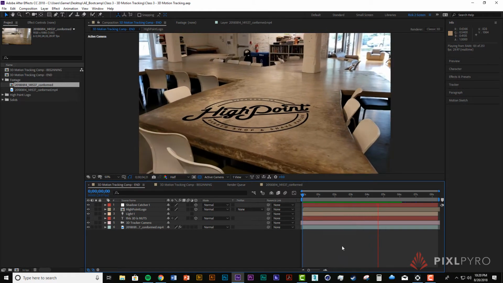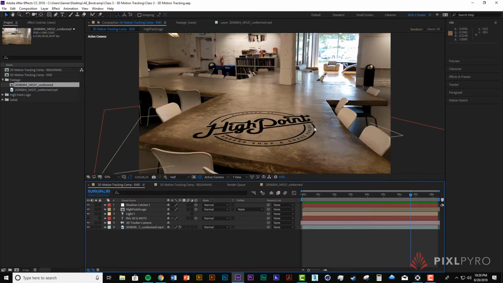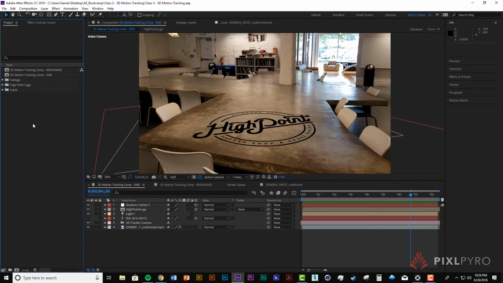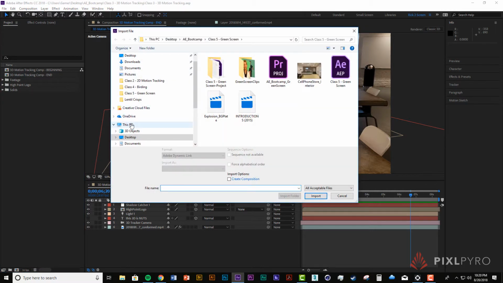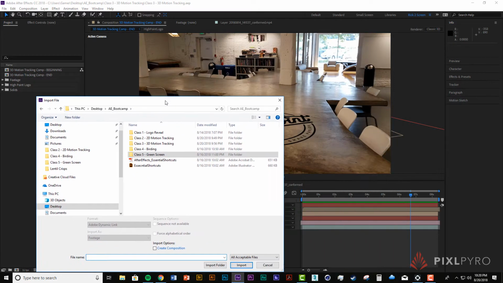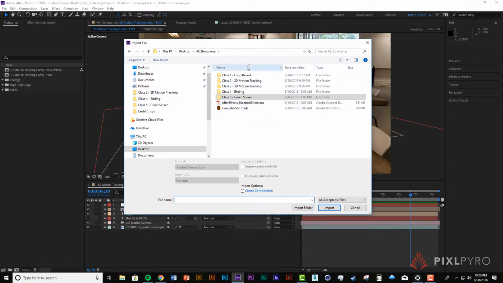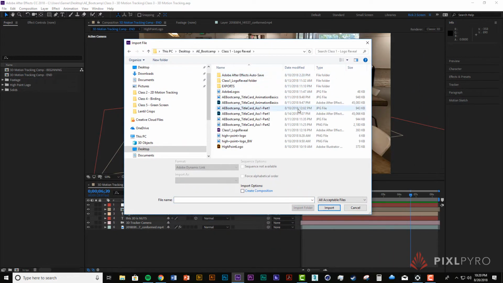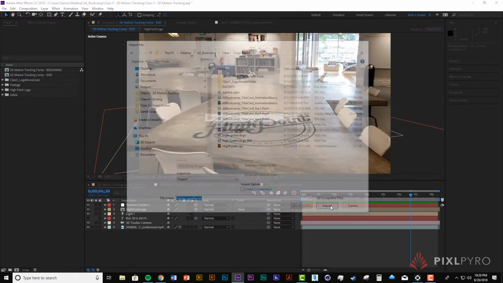And all I did was I imported the After Effects project of the animated logo. So I'll show you what I did real quick. And you can just go into the project folder and double click to import. And instead of bringing in a video of the finished logo, you can actually go into your After Effects project and import the actual project. And you can see how it says import as project. So if I import